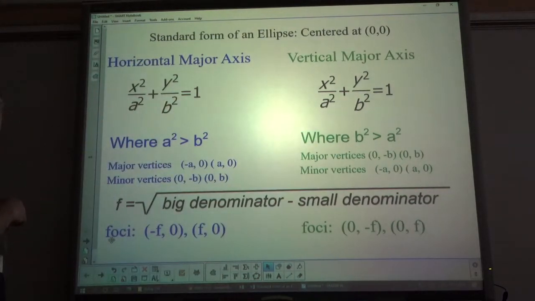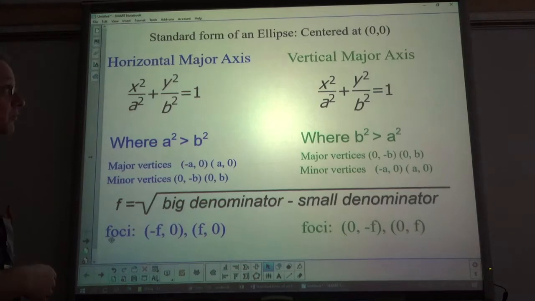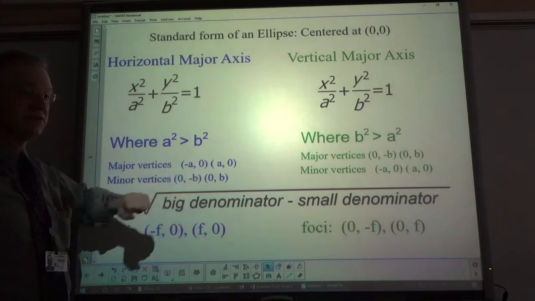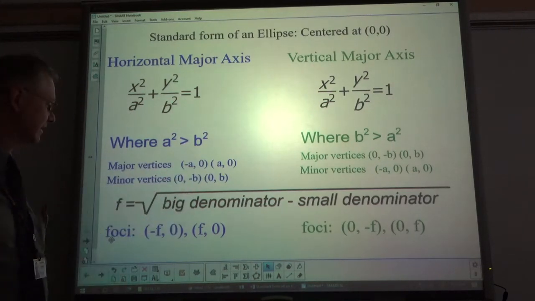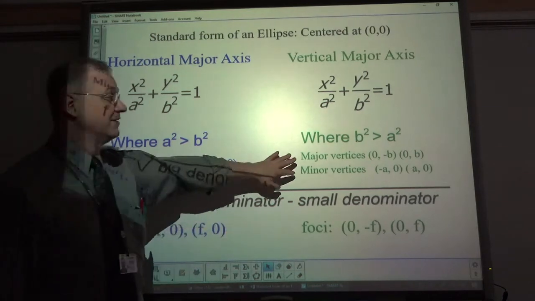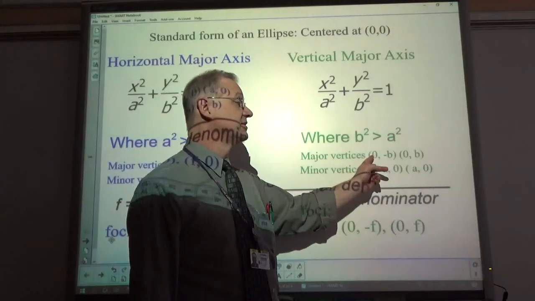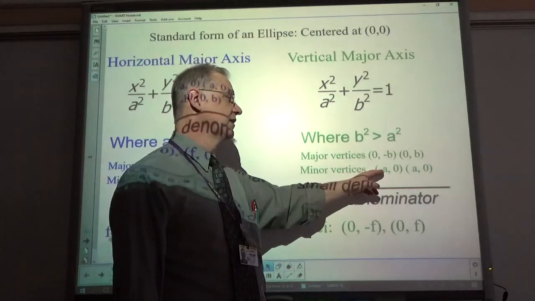In other words, the denominator of X is bigger for horizontal, and the denominator for Y is bigger for a vertical. Major vertices are plus or minus A, comma 0, and minor vertices are 0, comma plus or minus B in a horizontal major axis. And the reverse, major vertices are 0, comma plus or minus B, and minor vertices are at plus or minus